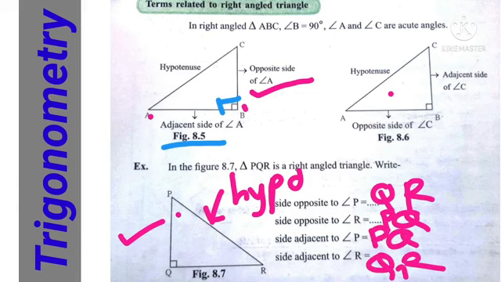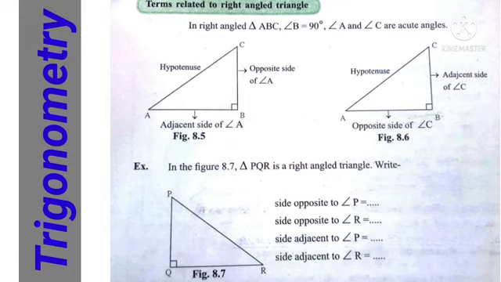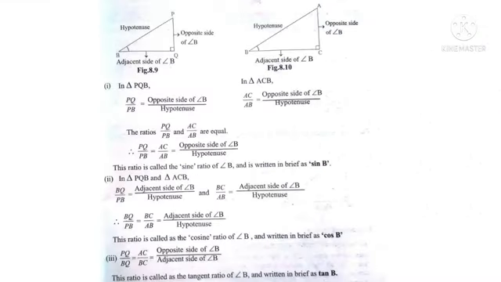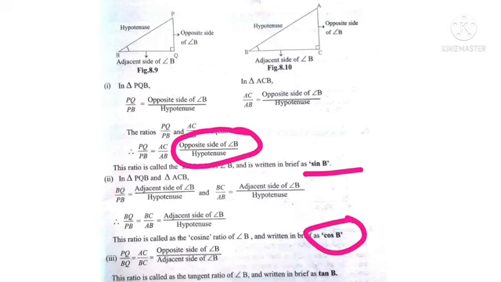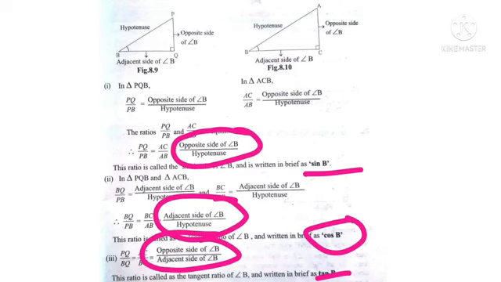Okay. If you know this relation, you get the points in the trigonometry. Now see here. You had learned all this in the 9th standard. What is the sine B? What is the sine relation? Opposite upon hypotenuse. We call it as sine B. Cos B is the adjacent upon hypotenuse and tan B is the opposite upon adjacent.